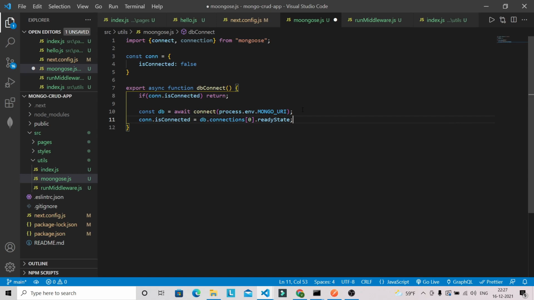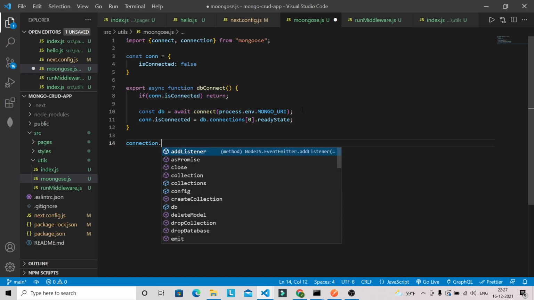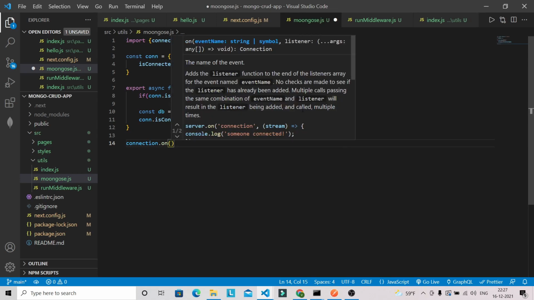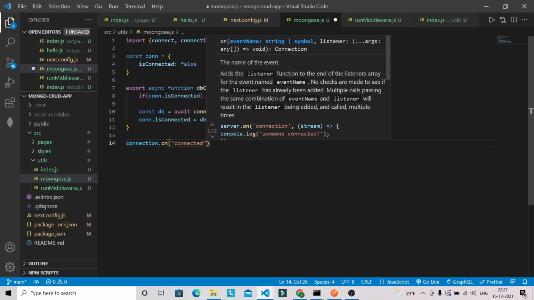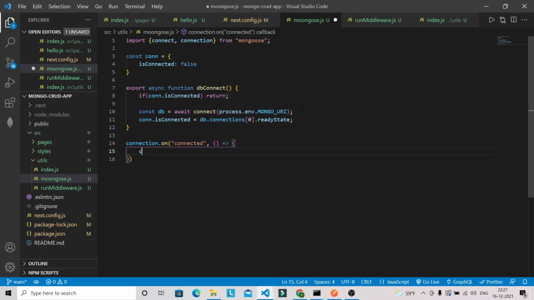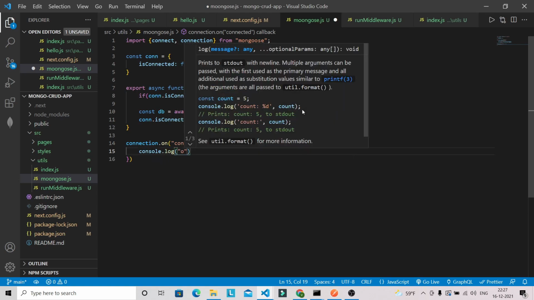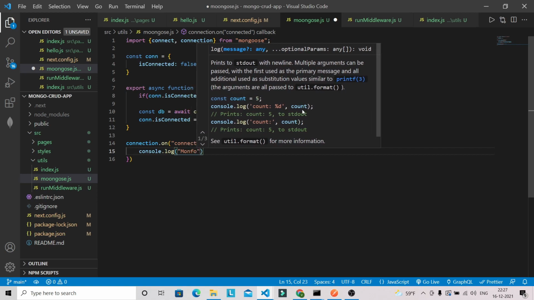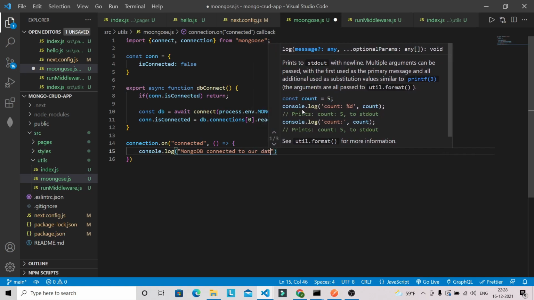Okay, and after that connection.on connected. We can pass a callback, and we can just have a console log here like MongoDB connected to our database.